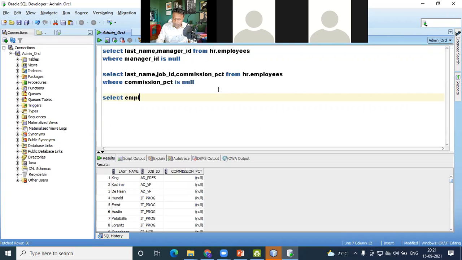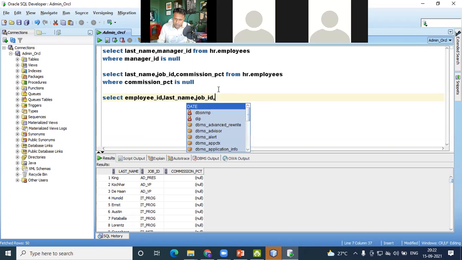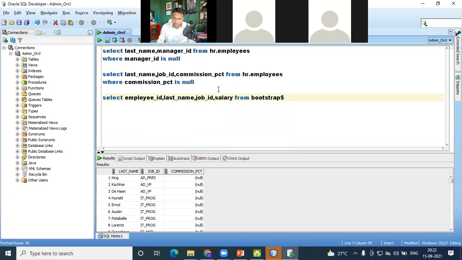Select employee_ID, last_name, job_ID, and salary from HR.employees where salary is greater than or equal to 10,000 and